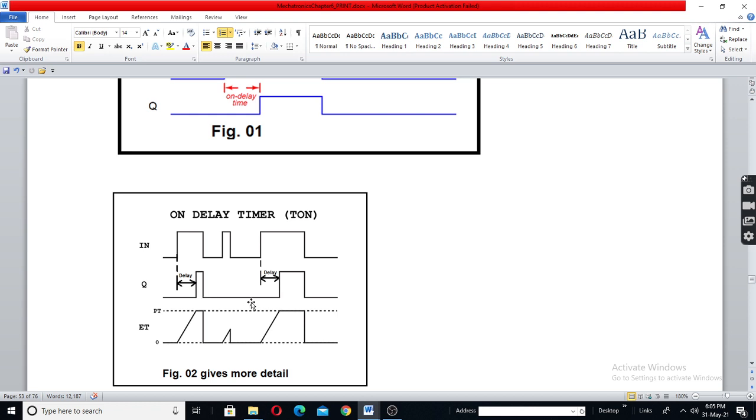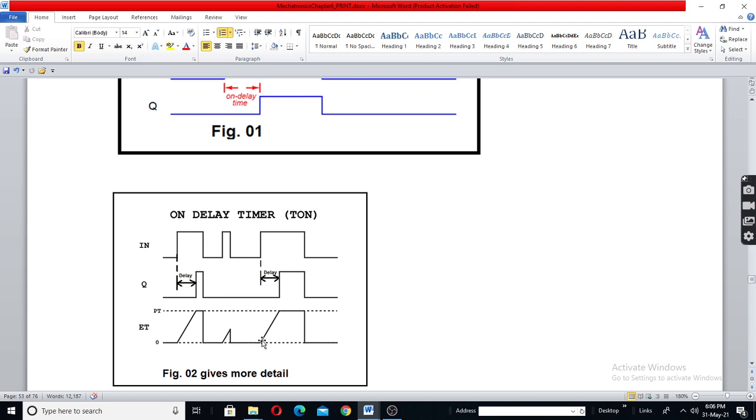Okay. When the next pulse comes, the ET will again begin counting from 0, not from here. It means if the delay is not counted fully, that 1 second delay is ignored, meaning it is reset.